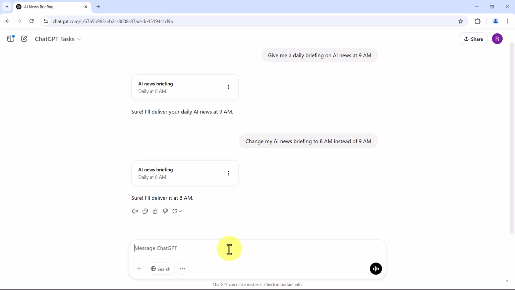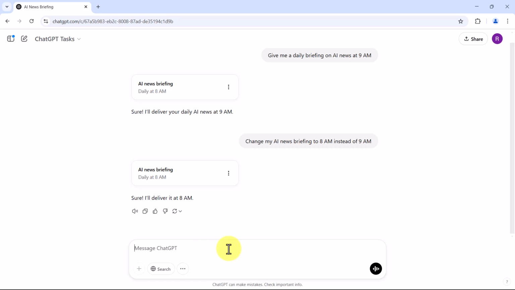When a scheduled task runs, ChatGPT can send you a push notification and an email notification. This way, you will always know when a task has been completed even if you're not actively using ChatGPT at the time.